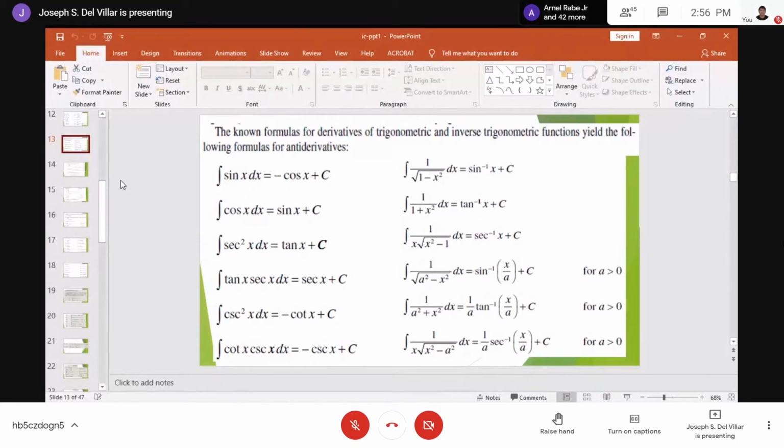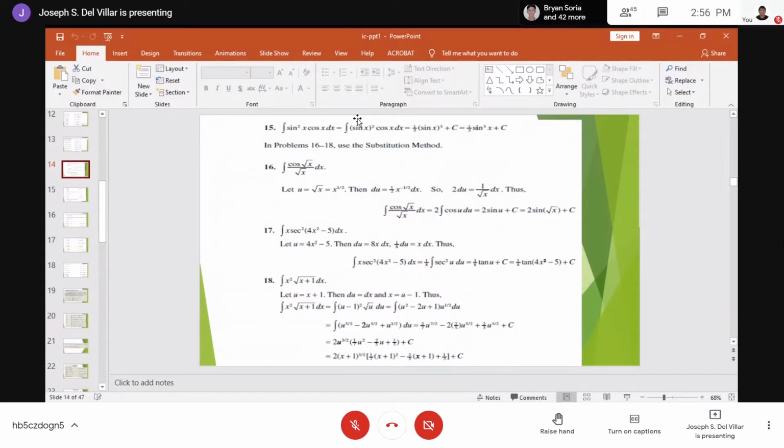So sine x, okay, are you confused, no? Okay, we are integrating here. In this formula, we are integrating sine, di ba? In the given problem, we are differentiating. We are getting the differential, no? Here, my question is,